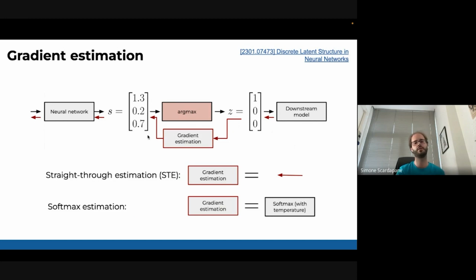So I take a different route. Instead of trying to differentiate through the argmax, I remove the argmax and put in approximations such as the softmax. So when you do the forward pass, you take the argmax, and when you go backward, you take the softmax. You have binary values going forward, and a nice gradient going backward.